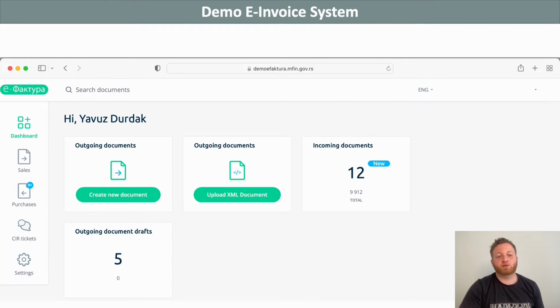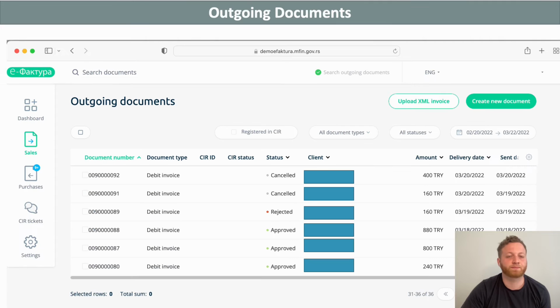Here we have a screenshot of the system eFaktura. Here you can see the sales and the purchase invoices in different sections. The invoices can be created manually, or the XML files can be uploaded to the SAP cockpit. However, these solutions suit small-scale companies. Companies with large invoice traffic need to integrate their ERP systems with the government portal for efficient invoice management.